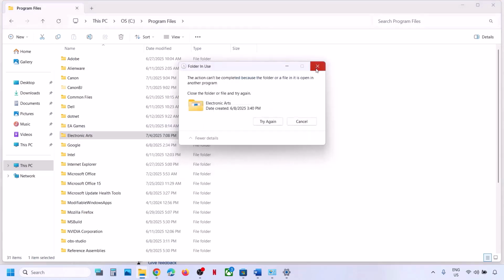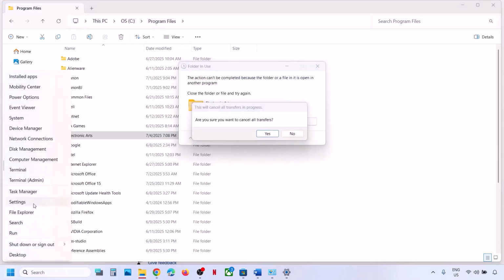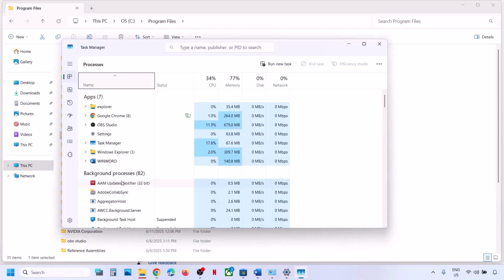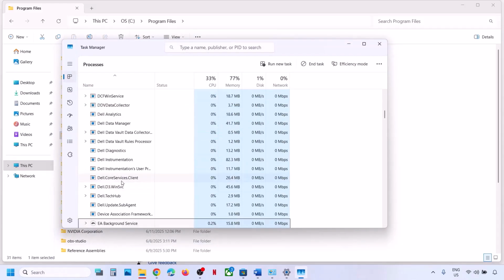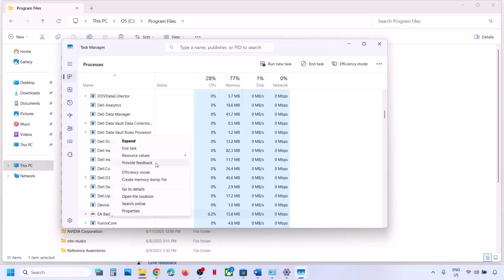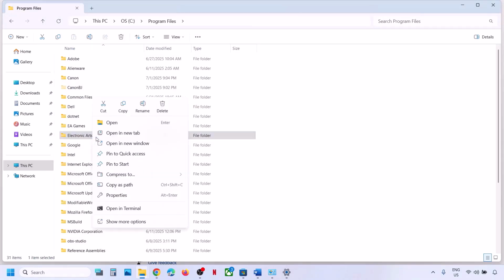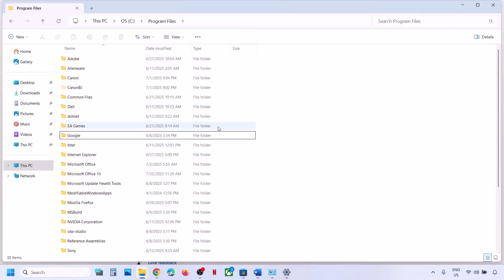So if you see the try again option, that means EA app is running somewhere. So you can open Task Manager, or EA services is running. In my case, EA background and task, and you can delete this EA app. Once deleted, now do not delete this EA games. Okay, now